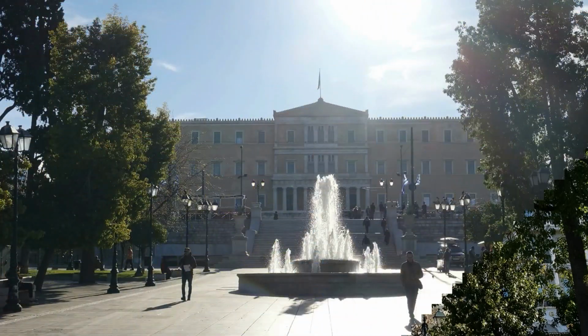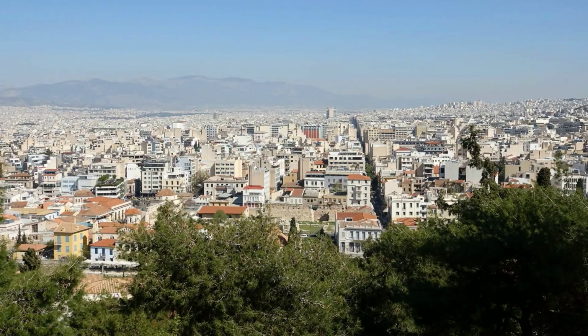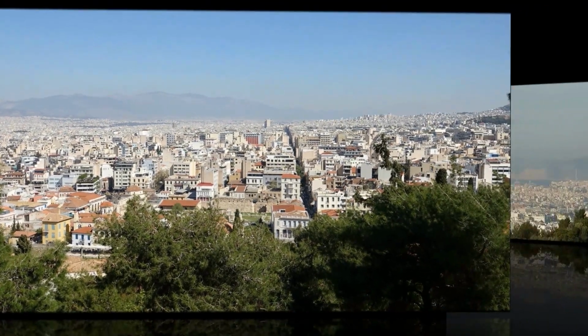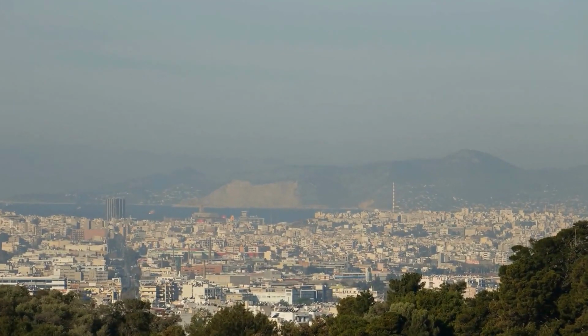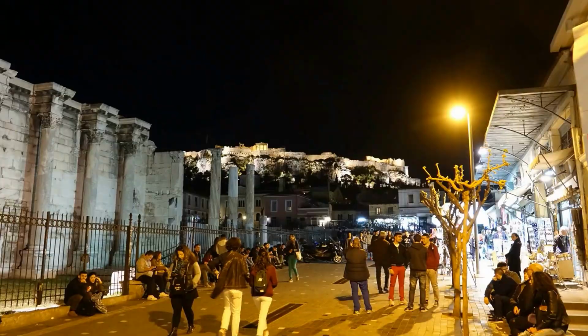Our walk begins at modern Syntagma Square, then meanders through the fascinating old Plaka district. We'll wind up the slope of the Acropolis for fine views, then stroll back down. We finish at the lively Monastiraki Square, right in the heart of things, near the ancient agora, restaurants, colorful markets,